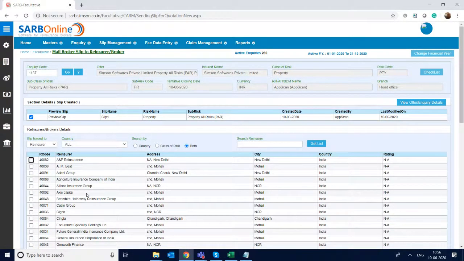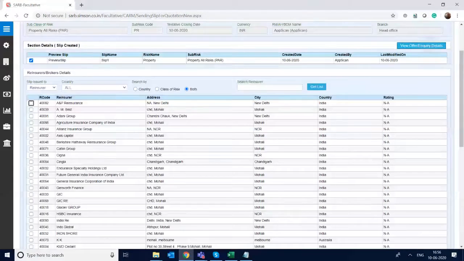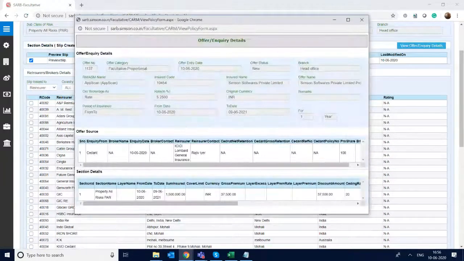So these are dummy entries lying in my database. So we can select one by one. This is a button. We can see what inquiry offer is available at any point of time. I can click on this and see.